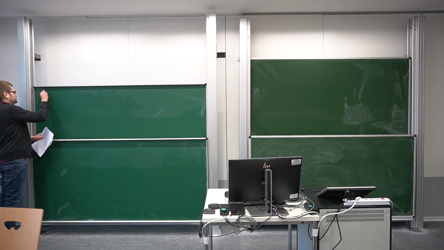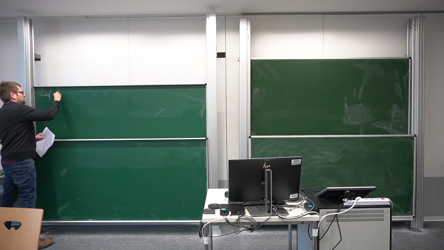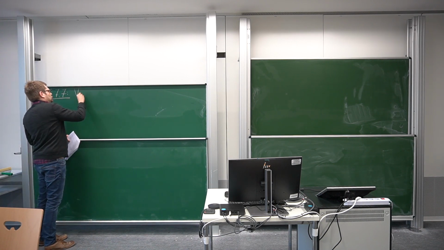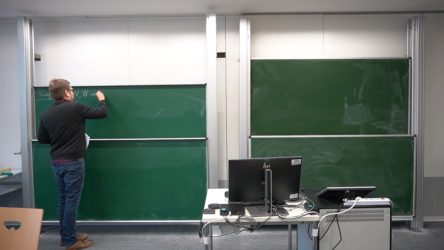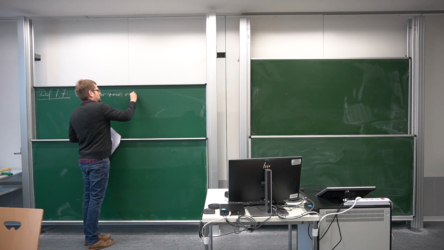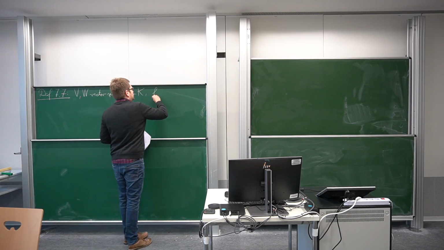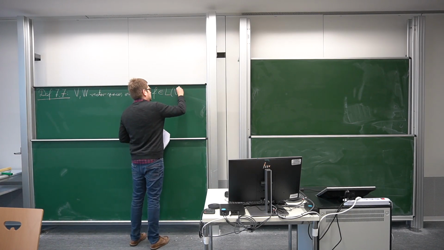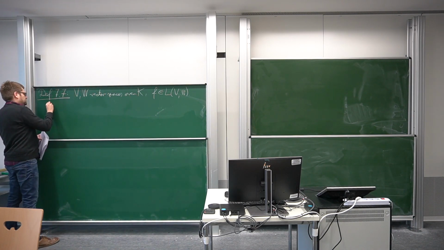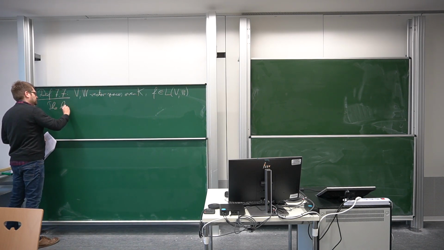Definition 7.7. We again take two vector spaces over K and take a linear map F from V to W. First of all, the so-called kernel